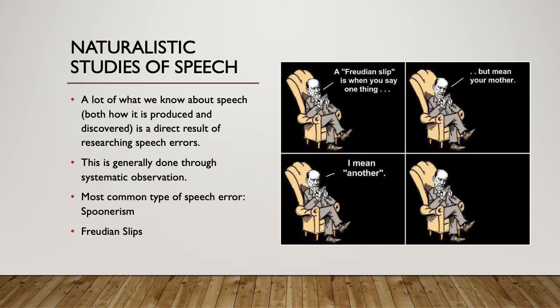The most common type of speech error is a spoonerism. A spoonerism occurs when a speaker transposes the first two letters of two or more words onto the other word. For example, my roommates and I often commit a spoonerism on purpose when we say we're going to shake a tower. Around our house, we know that means take a shower, but we purposefully transpose the S and the T onto the opposite words. We just like to think we're funny like that.